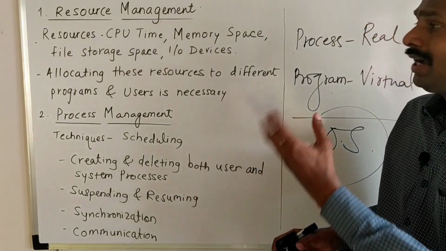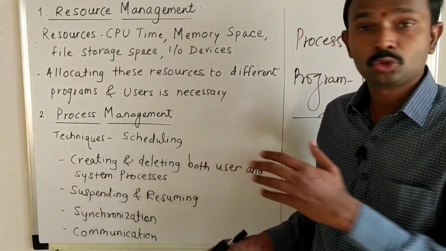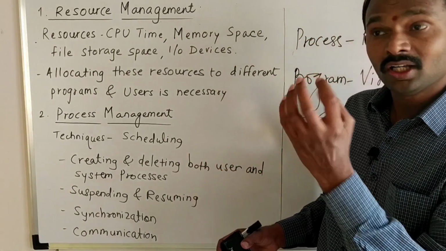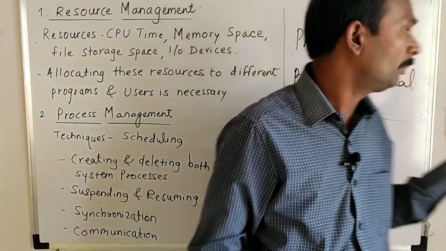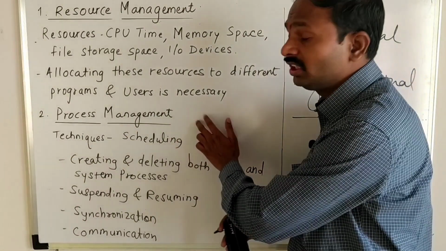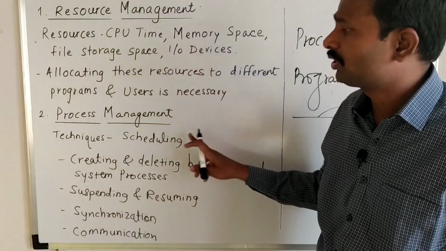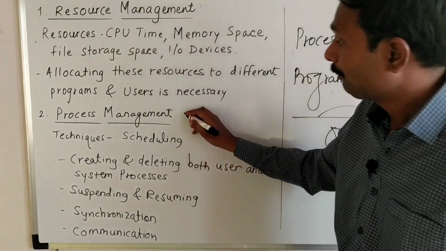For example, you have opened some paint application. So this is an application program that you are supposed to use. Now to run that application program, there are multiple number of processes that are running in the background. So these processes need to be managed by an operating system. So this becomes the major function of an operating system, that is process management.